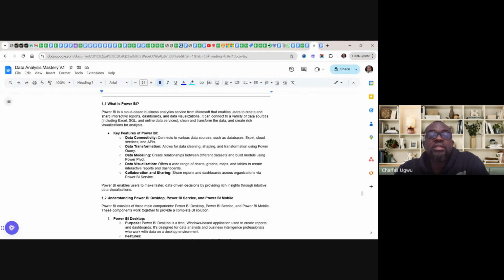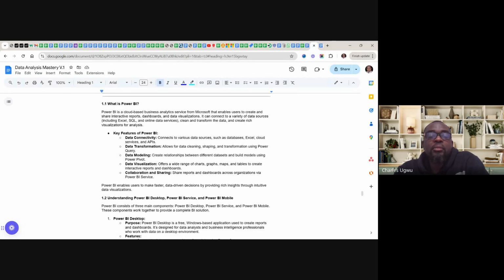Data transformation allows for data cleaning, shaping, and transformation using Power Query. Data modeling is creating relationships between different data sets and building models using Power Pivot. Data visualization offers a wide range of charts, graphs, maps, and tables to create interactive reports and dashboards.